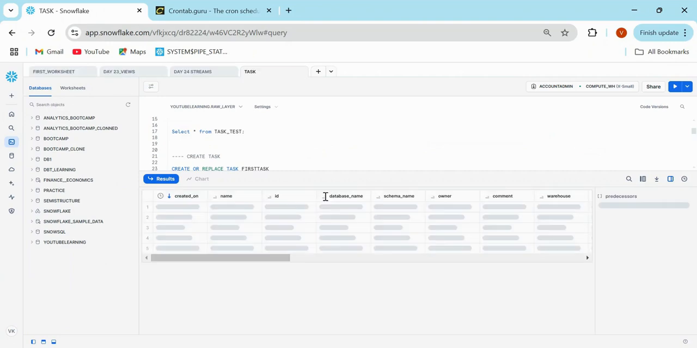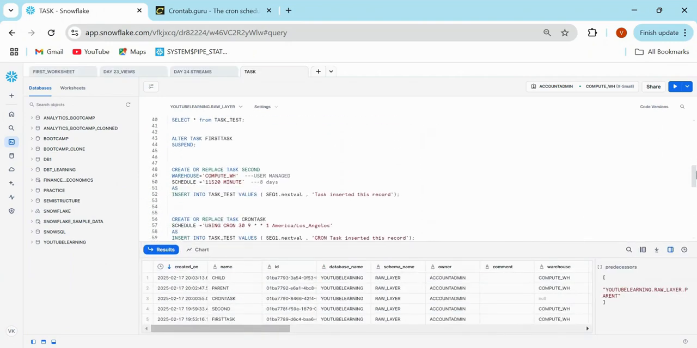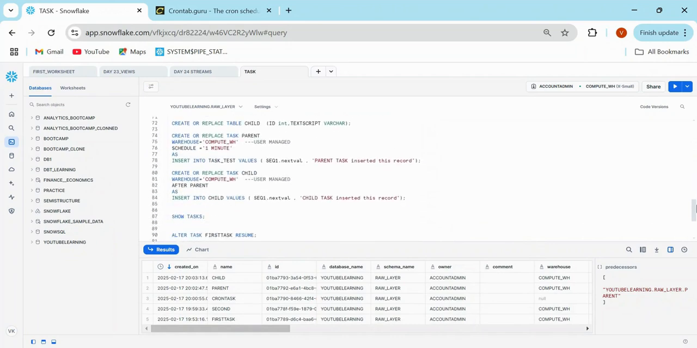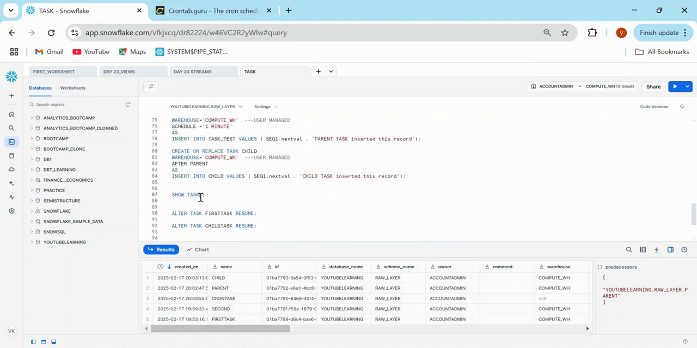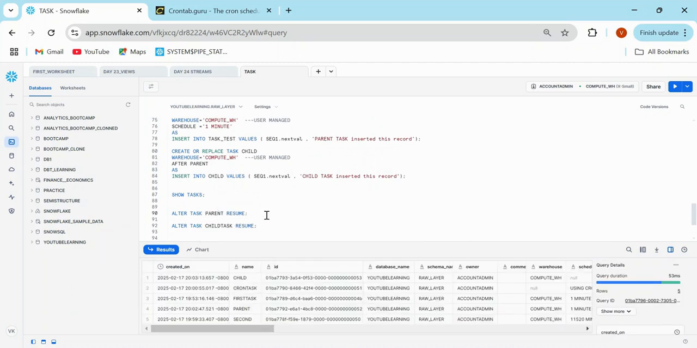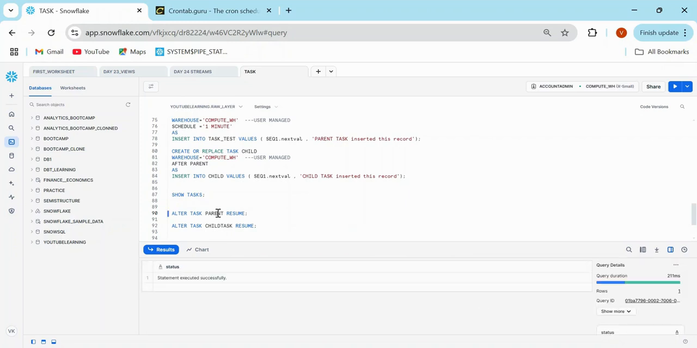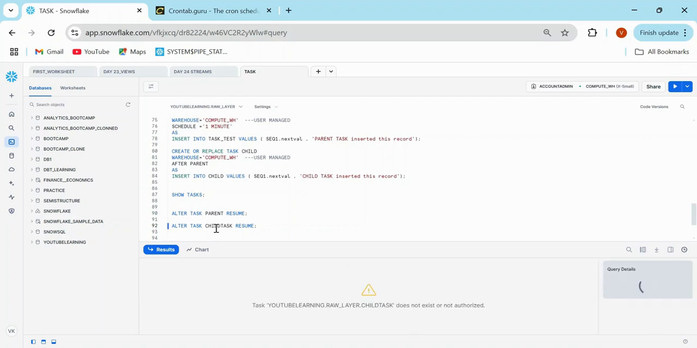Let's see one more important point. When we create a child and a parent task, this is a parent. If I run resume on this parent before the child task, it will work, but there is a problem. If you now try to resume the child task, it will throw an error. So make sure that before changing the state of the child task, your parent task is in the suspended mode. I'm repeating it: whether you want to resume or suspend your child task,